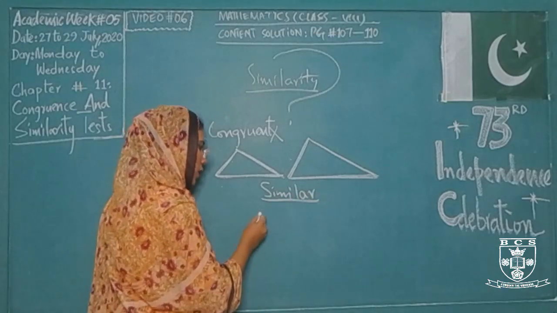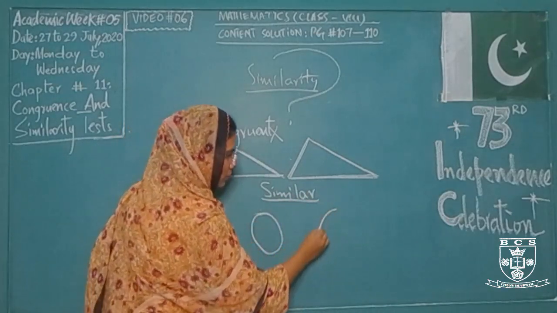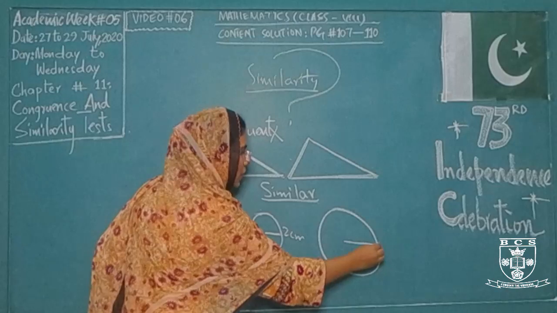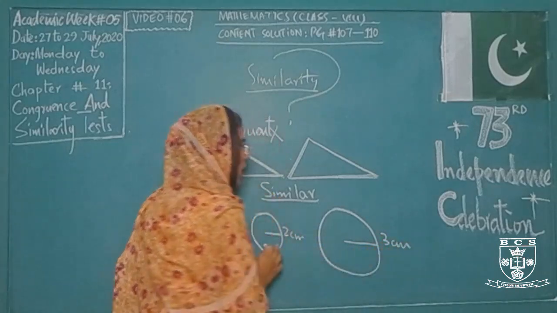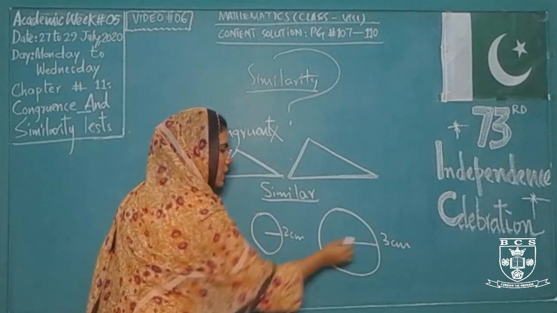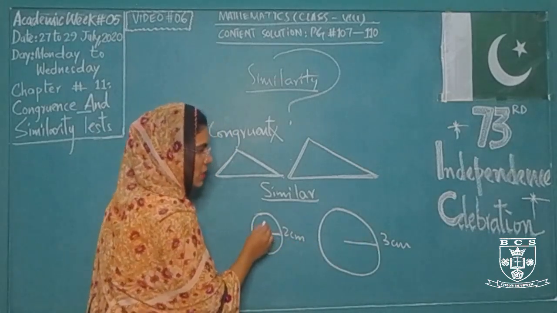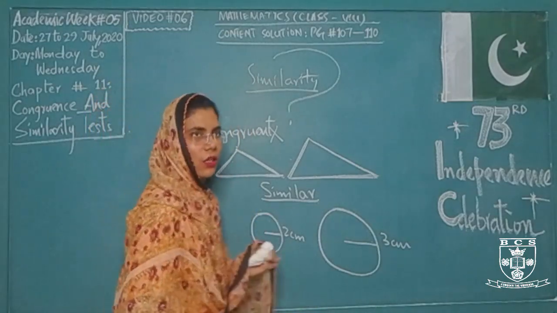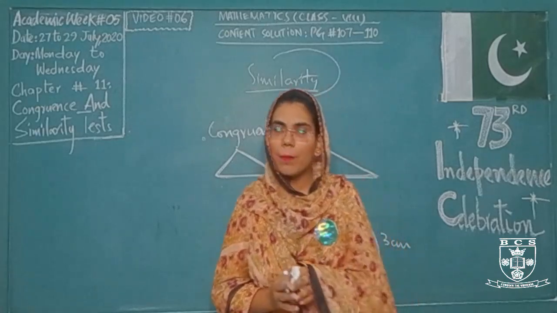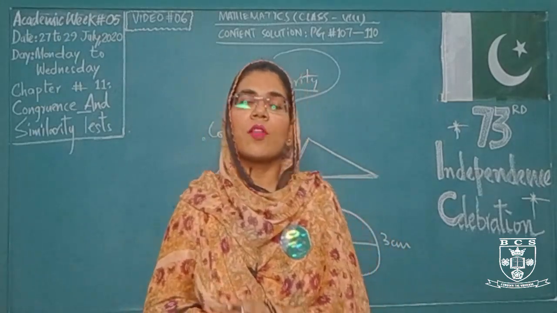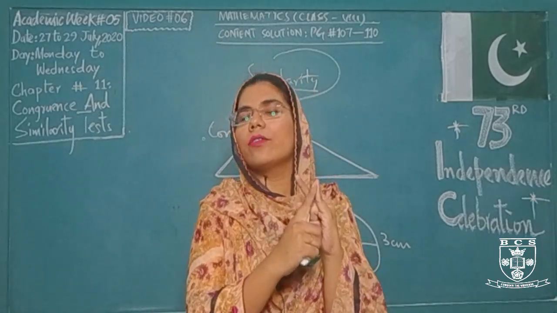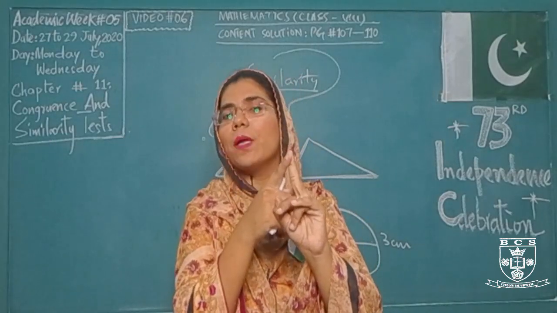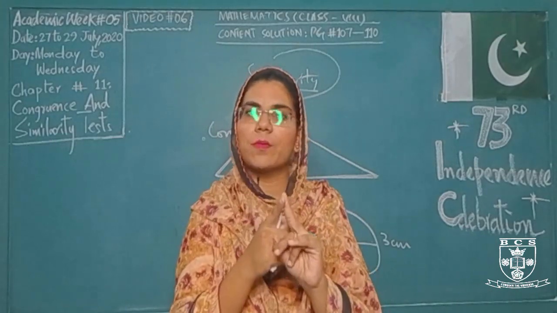How are they similar? For example, this is a smaller circle, this is a larger circle. Its radius is 2 cm and its radius is 3 cm. So these are not congruent because their radii are different, but their shape is the same. Circle is the same, so they are similar. Similar means एक जैसा, बराबर नहीं होते हैं लेकिन एक जैसे होते हैं. When similarity is discussed, according to your geometrical concepts, for similarity, the three corresponding angles must be the same, and after that your corresponding sides must be proportional. Proportional means their ratios must be equal. What is proportion?